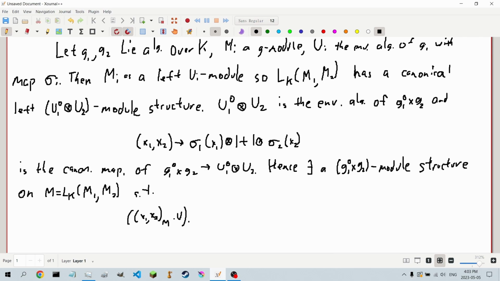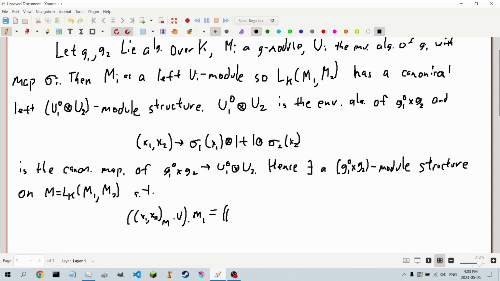Because x1 and x2 is inside G1 opposite times G2, and it turns a map U from M into a different map U of M, which that map can then act on an element of M1, turning it into an element of M2. And the way it does that